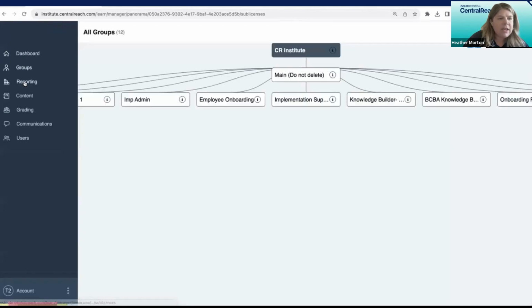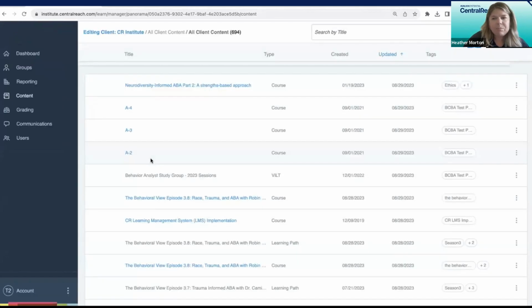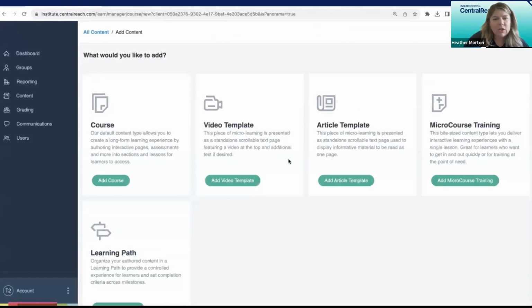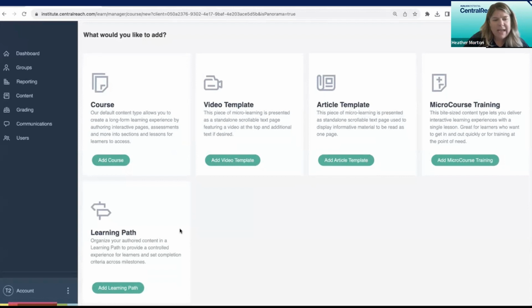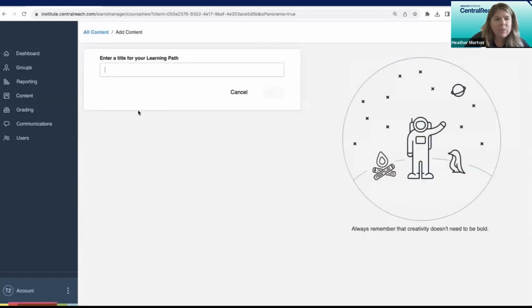Okay, so I'm going to hop on over into my content. Anyone with this feature now has the ability to add learning paths. Prior to us adding assigned programs, you'd only see courses, video templates, article templates, and micro courses, but you now have the ability to add your own learning path. When we set this up,